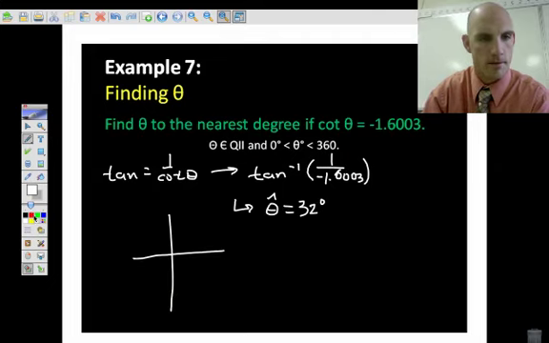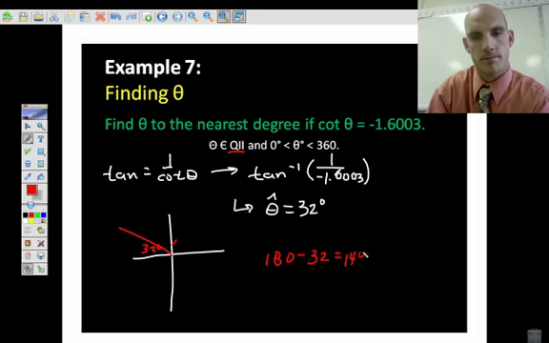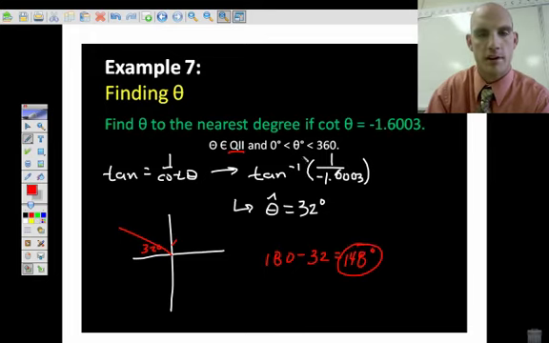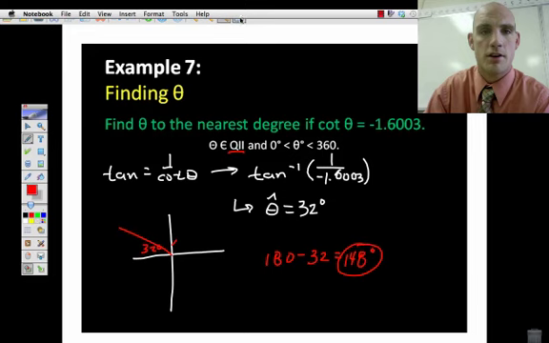Go ahead and draw my reference angle here. I'm in quadrant 2, so I'm here. This is 32 degrees. And so that means I'm going to have 180 minus 32, which gives me 148 degrees. That's my theta. Okay? If you follow along with it, the important steps are to make sure that you're taking the inverse ratio, and that is theta hat. When I use my theta hat and I follow my guidelines from the previous lesson, I'm good to go. Okay? So that's something that you can do easily